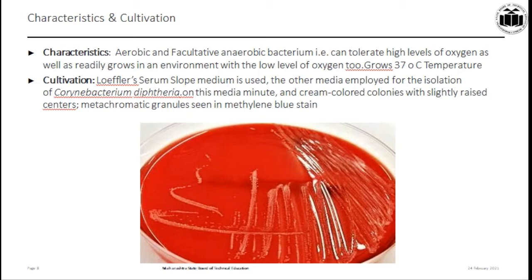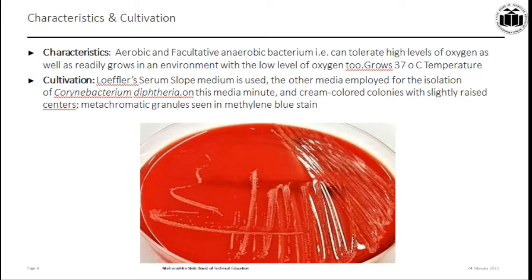That means they can live in the presence of air, and sometimes in anaerobic conditions also they are sustained. The optimum temperature required for their growth is 37 degrees Celsius,